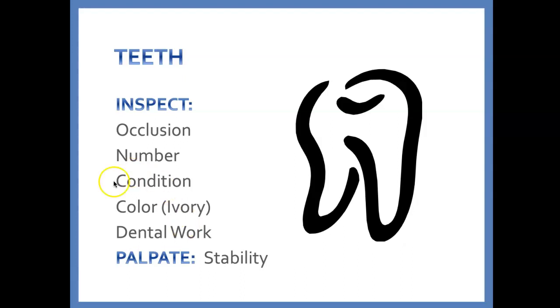But anyway, we like to just look at the general condition of the teeth. I always tell my students to look at a client's mouth, and if they have good gentle hygiene and look like they take care of themselves, they probably are taking good care of their health. The teeth in the mouth are kind of like a snapshot of a client's overall health. So it's a good idea to take a good look at those: the color of the teeth, if they've had any dental work, and you just want to do some palpation for